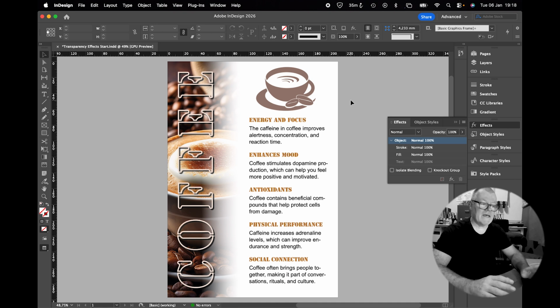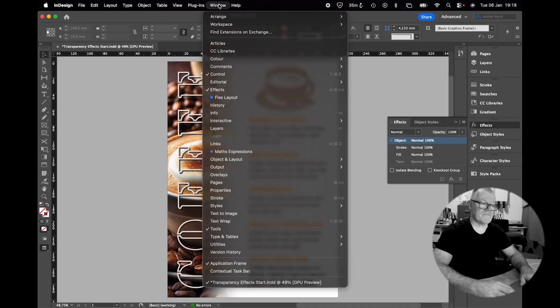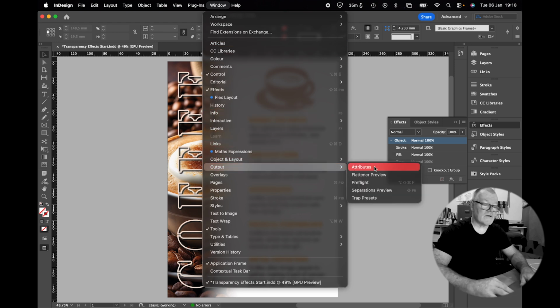Now be aware that when you are working in transparency, you have to try and predict how that's going to affect the final print result. Most printers can handle transparency pretty well these days, but I'm pretty old school. I like to make sure that there's not going to be any transparency issues. So to check those, I am going to be doing a whole video on print pre-flighting and print production, but just to check your transparency, go to Window and go to Output and go to